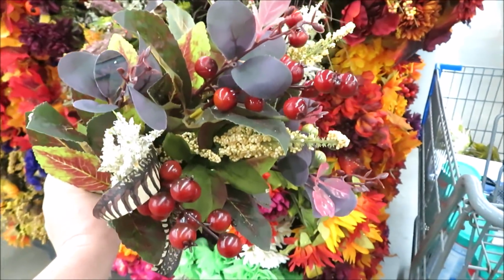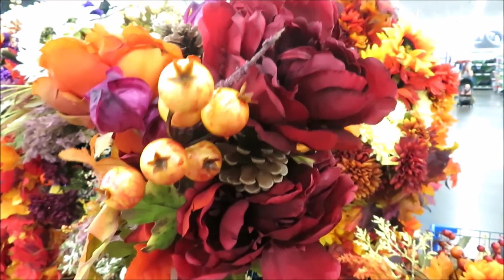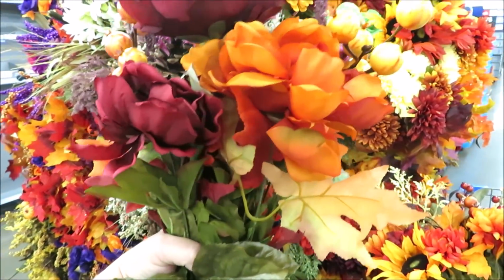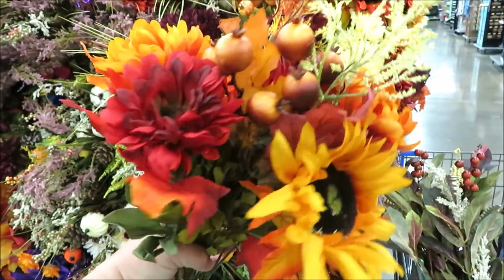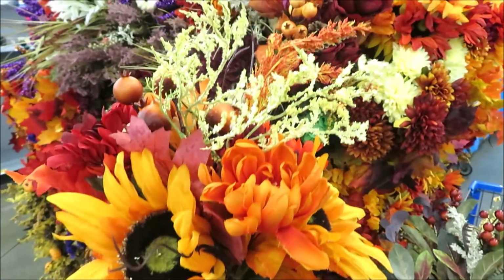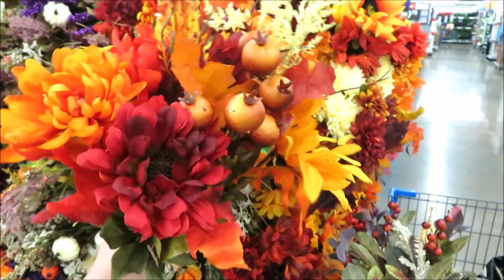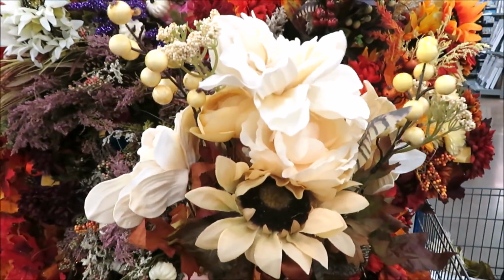I think this one with the berries could even stick around through the holidays. A lot of these bouquets for $5 have burgundy in them, so you could just remove the pieces that remind you of fall after the season. This is another one of their $5 bouquets with the sunflowers, and in some creamy white versions, this one with